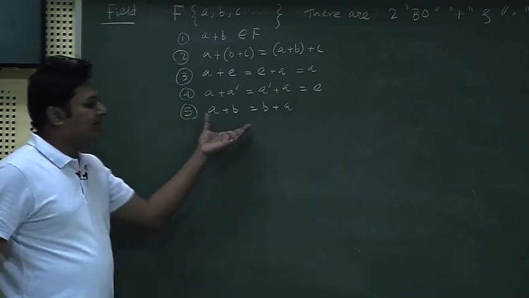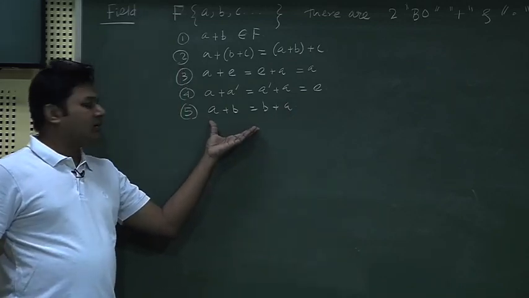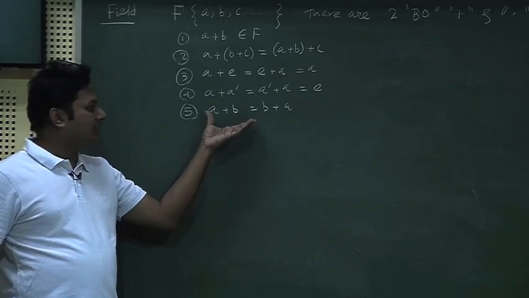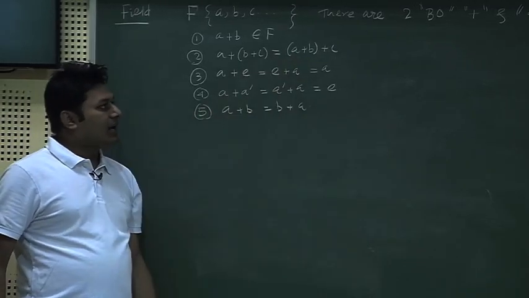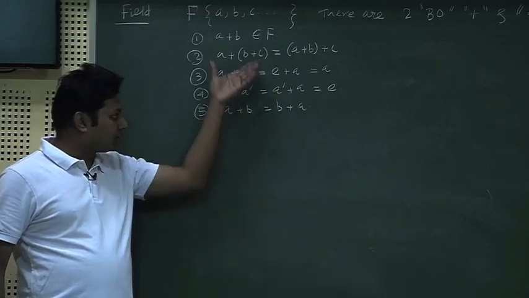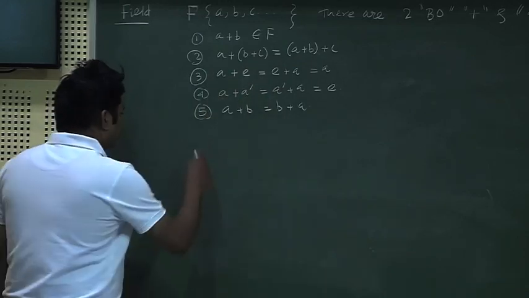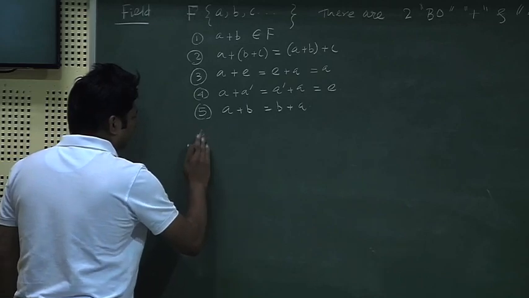Up to this point it is exactly like a ring. All the properties that the ring followed, the field also follows when I am applying the plus or addition operator over the elements. Then the rest of that,